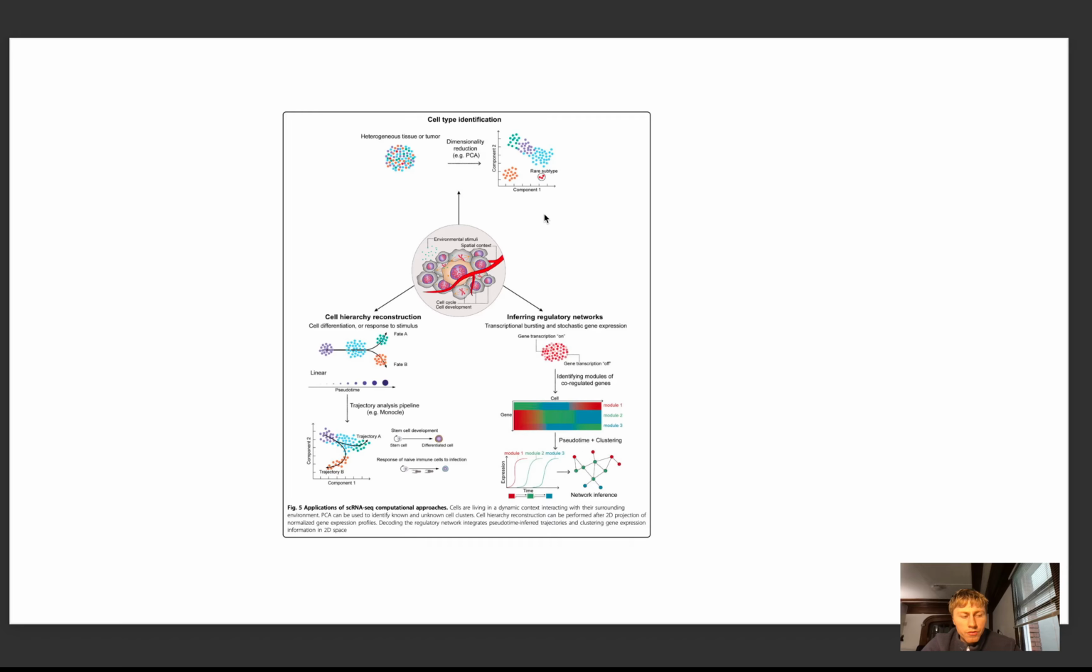Specifically, my interest lies in tissue engineering, so it would be interesting for me to see how you can use this, for example, for benchmarking engineered tissues, because I think single cell RNA sequencing